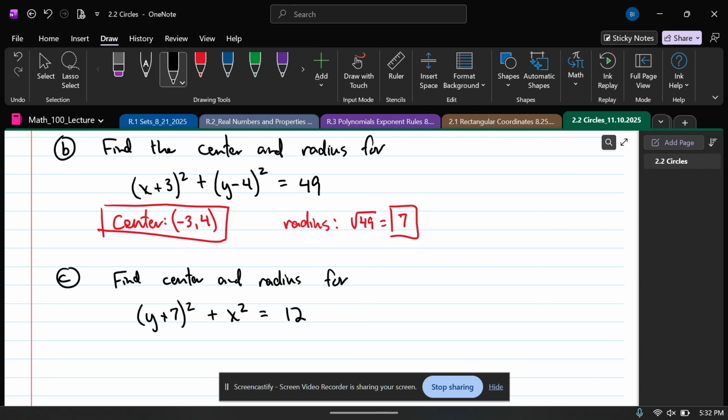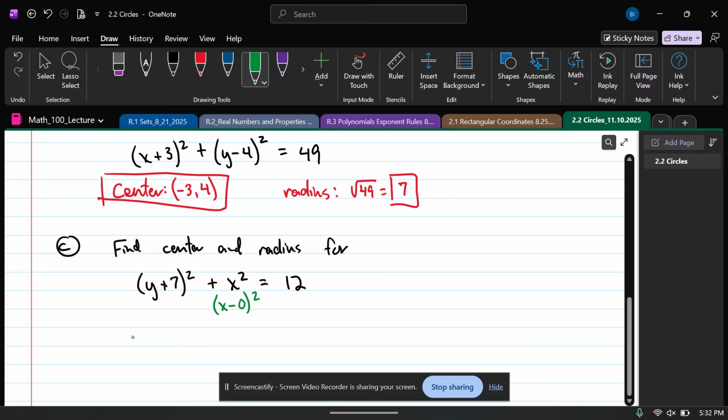Very good, absolutely. That x squared is the same thing as x minus 0 squared. So yeah, the x value of the center would be 0. On the center, sorry, my brain was on quadratics. 0, -7, very good. And the radius,